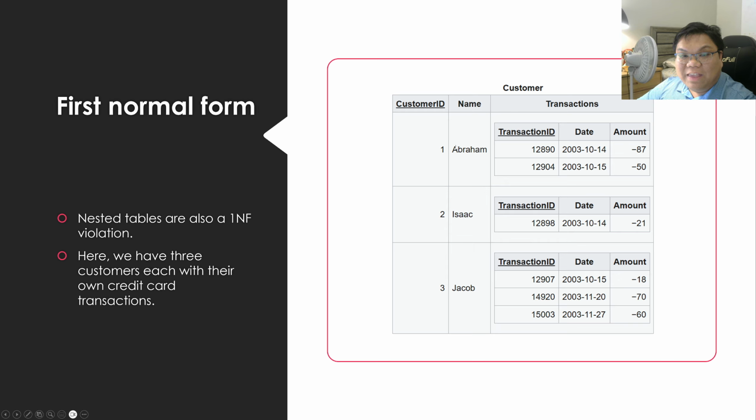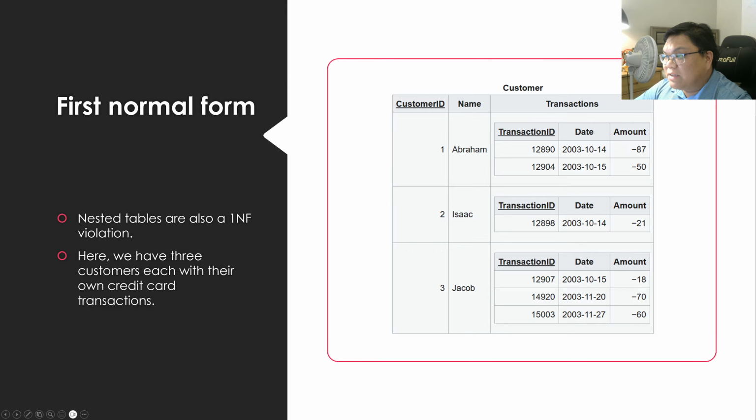So we have three customers named Abraham, Isaac, and Jacob. What do they have? What? These are names straight from the Bible. Are there mentions of credit cards in the Bible? Anyway,